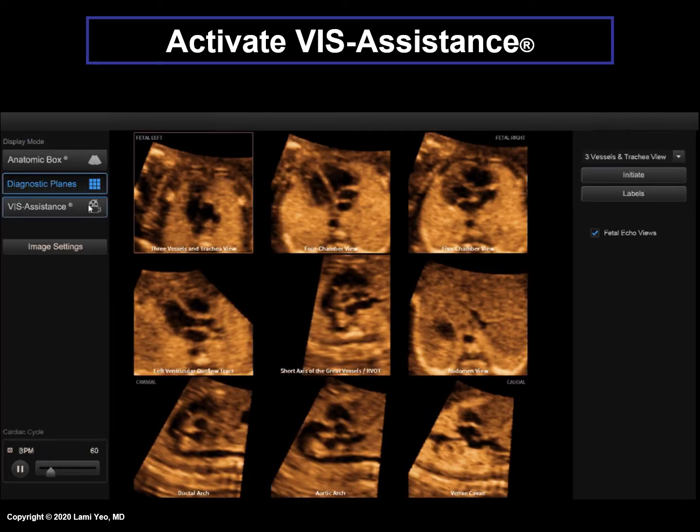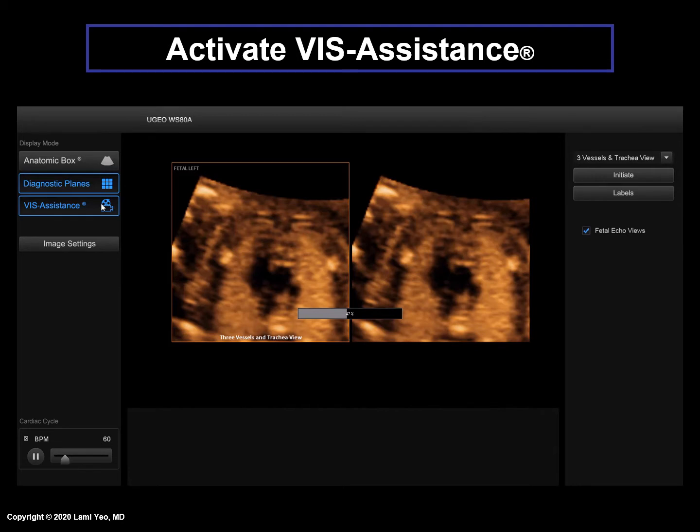How is VISA Assistance activated? After the 9 diagnostic planes are shown by Fine, choose and click on any diagnostic plane of interest. In this example, it is the 3 vessels and trachea view plane that is clicked, as shown by the orange box. Next, a button on the left side labeled VISA Assistance should be clicked.